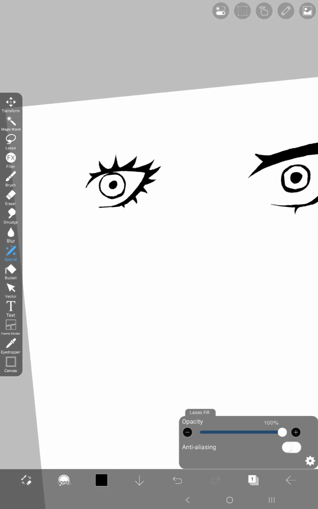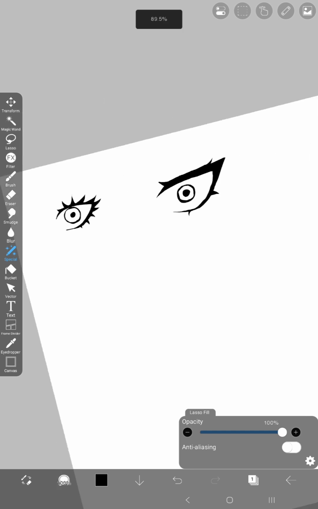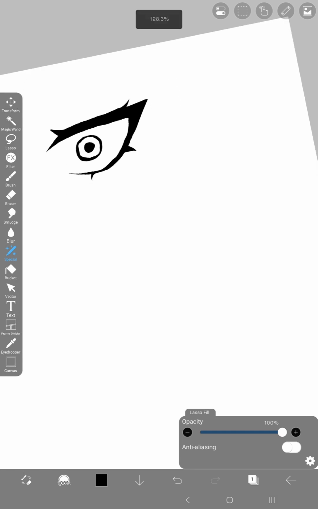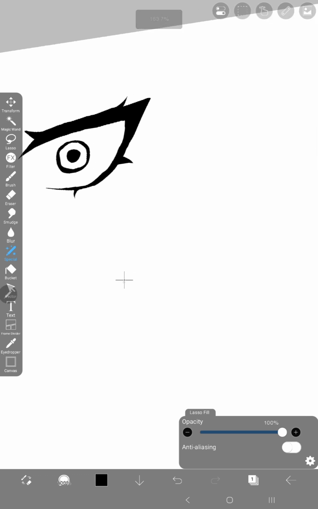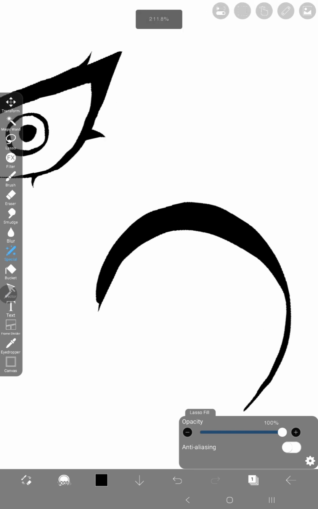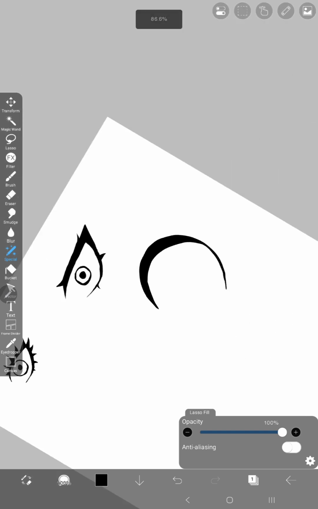Now, I'm going to be going over one more eye shape, which is, I think, one that most people would want to use. It is the style of eye shape similar to the My Hero Academia style, like Uraraka's eye shape. So we're gonna go ahead and start that. For Uraraka's eye shape, it's very oval-esque, kind of like Deku's as well. So all you have to do is a partial crescent shape, and